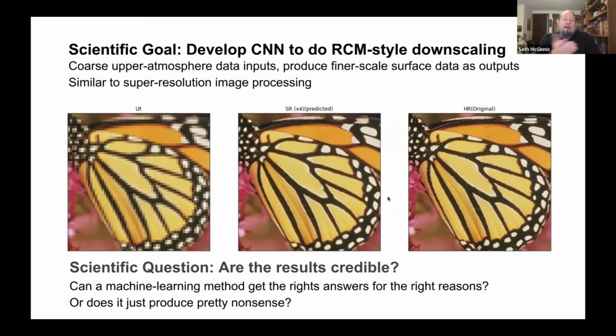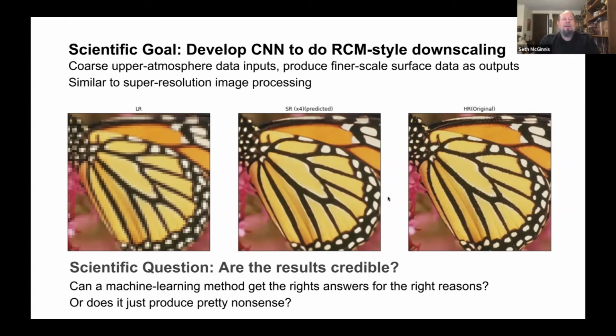And we thought, well, let's try this, because this is pretty similar to super resolution downscaling, or image processing, which is a well-established method in machine learning-based image processing.